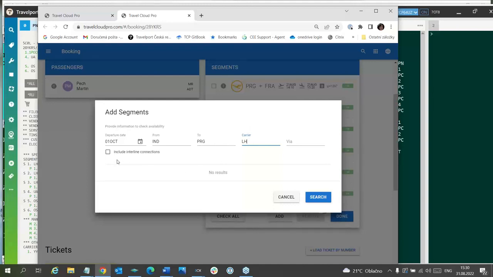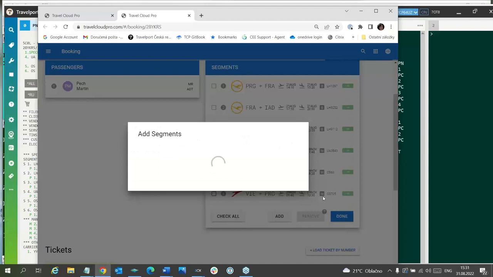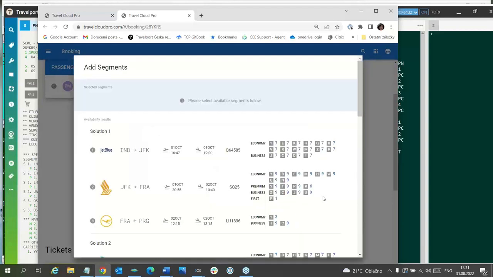But in some cases, you need the connection with, for example, two different carriers, or within USA it will be one carrier, and overseas and within Europe, the second carrier. So in that case, you have to click here and search, and you will receive some other connection.